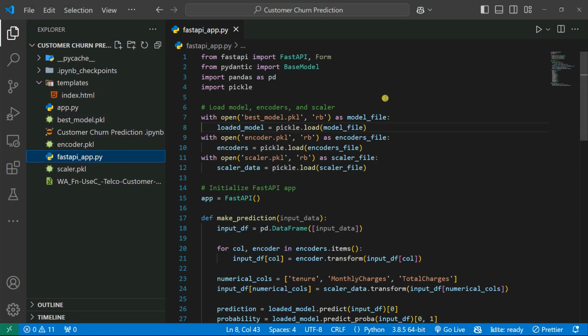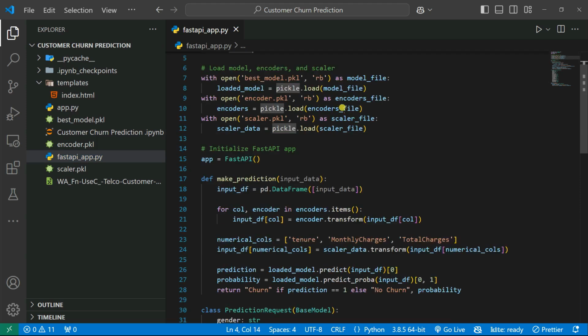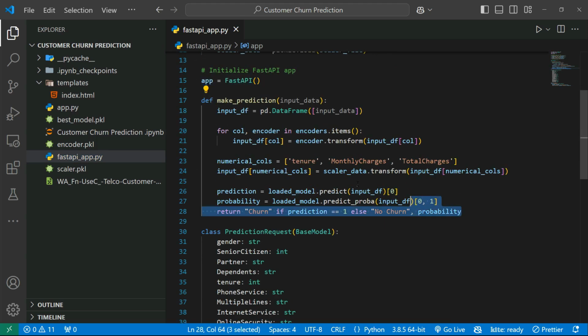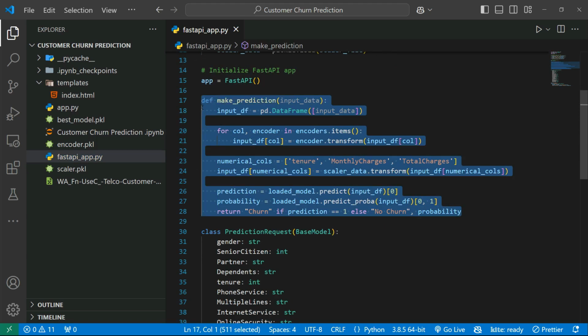Okay, but in this one we're just going to use FastAPI in the form of JSON. I mean, simply calling it just like an API, but we are not integrating this index.html file here. So same thing, you can see here importing FastAPI, and from pydantic we imported the BaseModel class, and import pandas and pickle, and simply load all the files, and then we're creating one app using FastAPI, and also passed here the same predictions